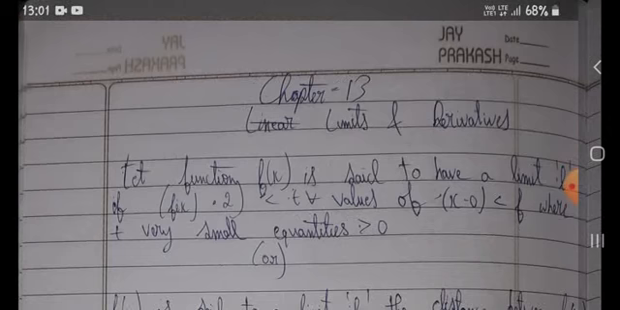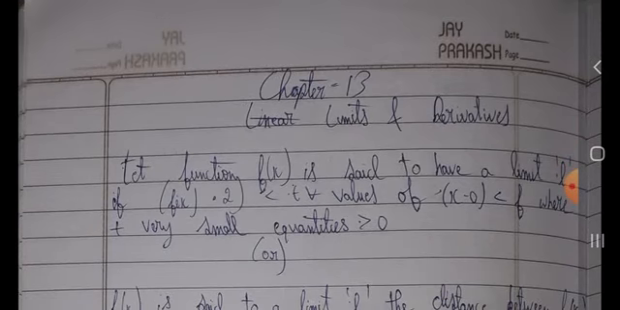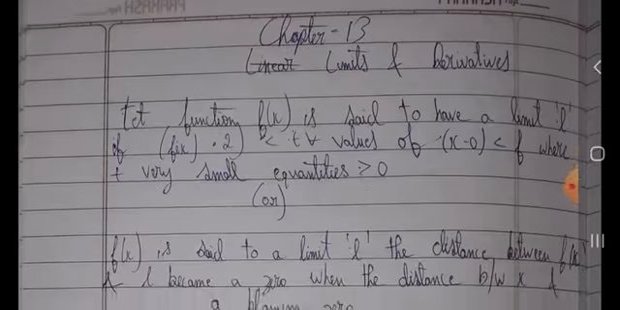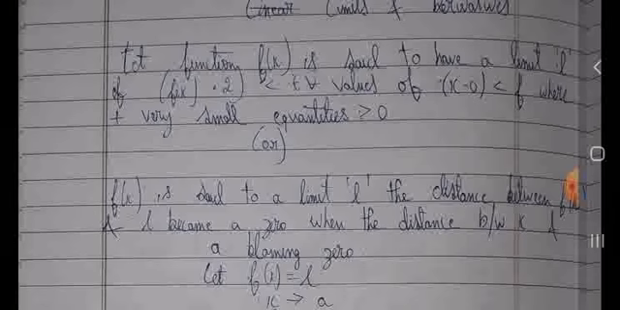Coaching center. So today I'm going to explain the 11th standard maths, 13th chapter, limits and derivatives. So let's say a function f(x) is said to have a limit L if f(x) is equal to the value of x when it is f(a + h), where h is a small quantity. f(x) is said to have limit L if the distance between f(x) and L